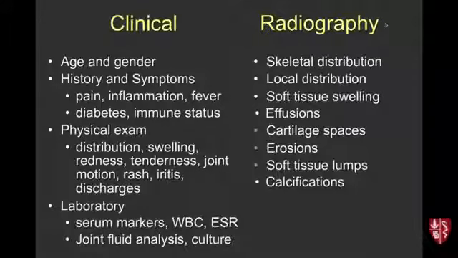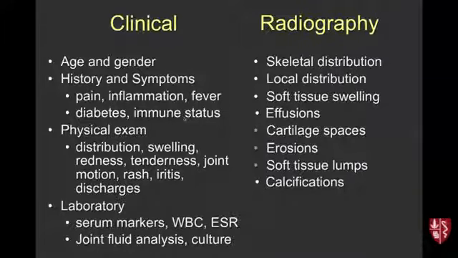The important thing to remember is that we tend to feel like we work in a vacuum, but we don't really, and we don't have great clinical information a lot of the time. But the diagnosis of different arthropathies is really a combination of the clinical features and the radiographic features. And a good clinician can make a pretty good diagnosis of an arthropathy based on the things listed here: the patient demographics, what their history and symptoms are, what their risk factors are, things like, is the patient diabetic,